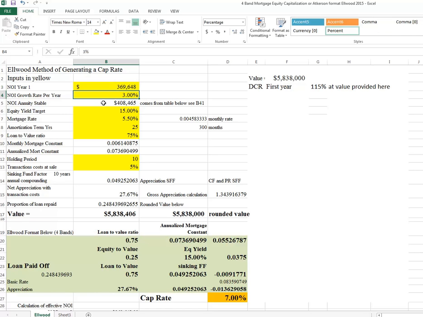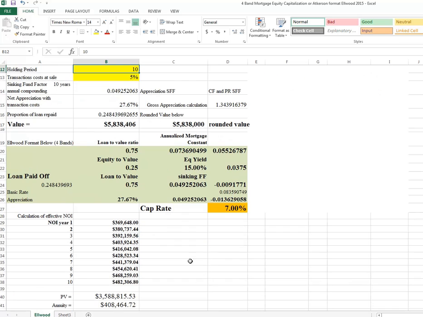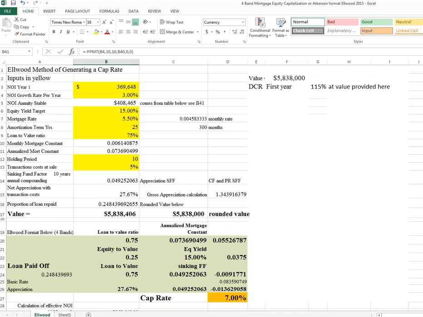It turns out that that's the equivalent of $408,465 over the expected holding period of 10 years. And this is how I calculated it. I take the NOI and I grow it by the growth rate, assumed to be 3%, I believe. It gives me a present value. I take the annuity that's equal to that present value, and that's how I get